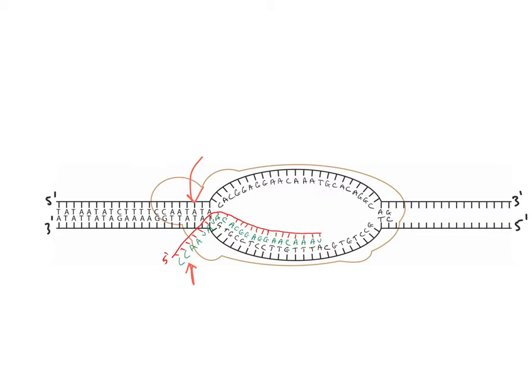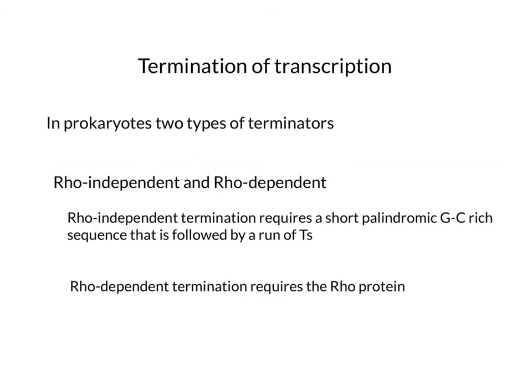So what's actually going to stop transcription? What's going to make that RNA polymerase fall off and stop making the RNA transcript? So transcription is terminated by sequences called transcription terminators. In bacteria, there are two different types, Rho-independent and Rho-dependent. So Rho-independent terminators, often called intrinsic terminators,